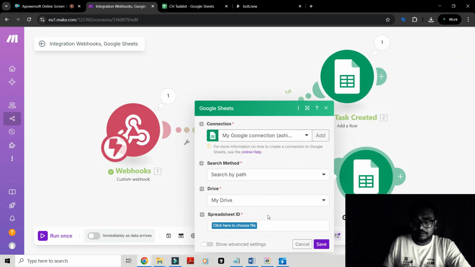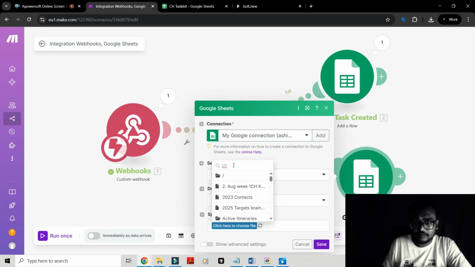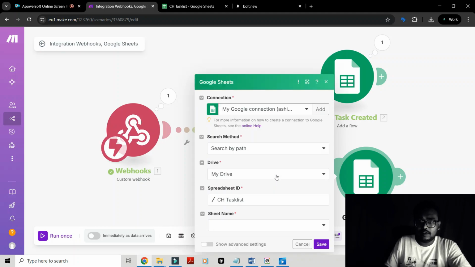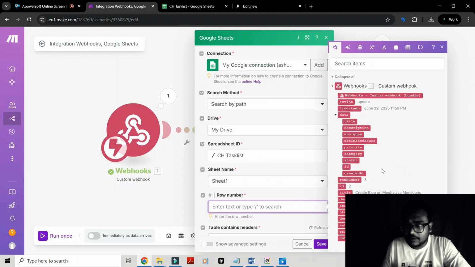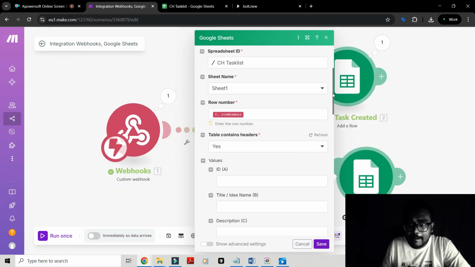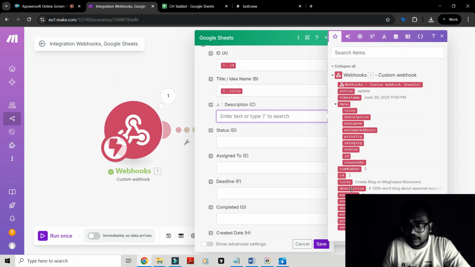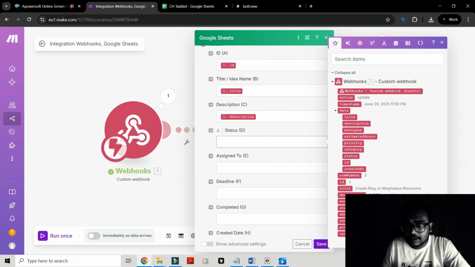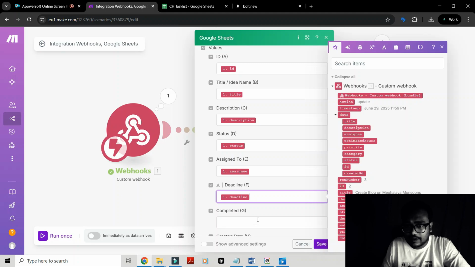And then I need to choose the file, ch task list. There you go. So this is just updating the file with the row number. Here you go, row number is here, and ID is ID, title is title, description is description, status is status, assigned to is assignee, deadline is deadline, estimated